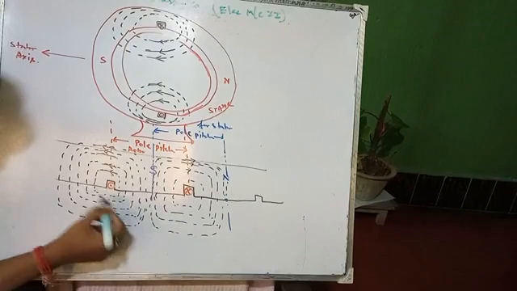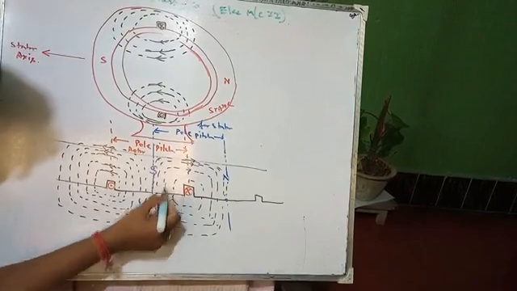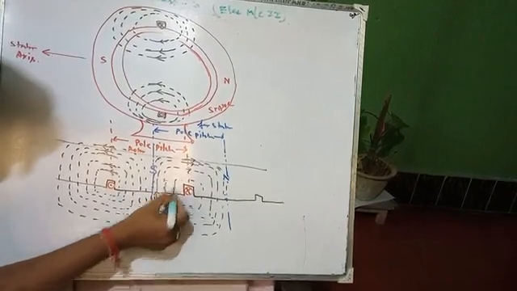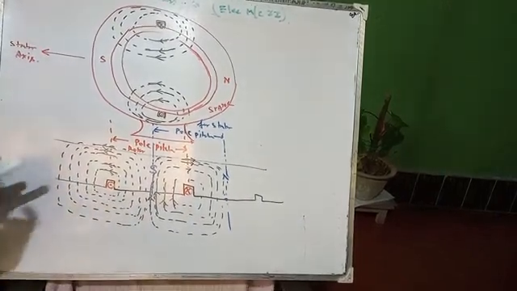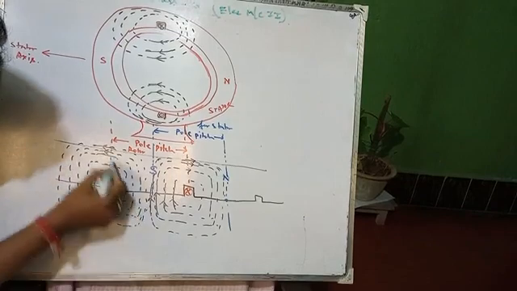So this is the upward flux coming due to this cross conductor, and from here it will also